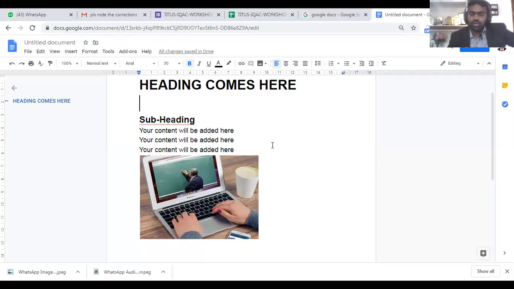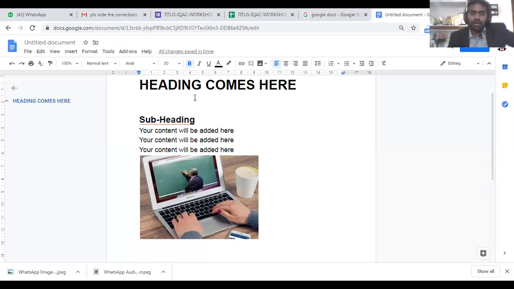When we take this document to someone else, they will correct something. Usually we take a printout and take it to the person to whom we need to show it. Or otherwise we create a document and send it by email as an attachment. He will download it, open it, then tell you, okay, these are the things you need to correct. He will send back an email, then we will download it again. It is a continuous process.